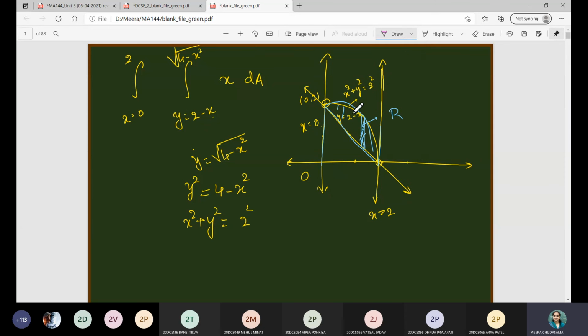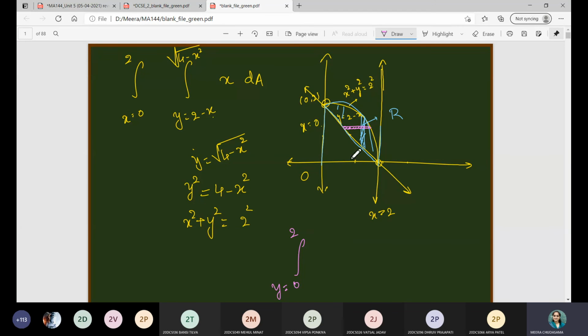That means we have to consider the perpendicular strip to the original strip, that is this one. In that case, y variable will have the constant limits. So what are those limits? Allow to move this strip in this y direction. What will be the constant limits? 0 to 2. 0 to 2. 0 to 2. Very good.